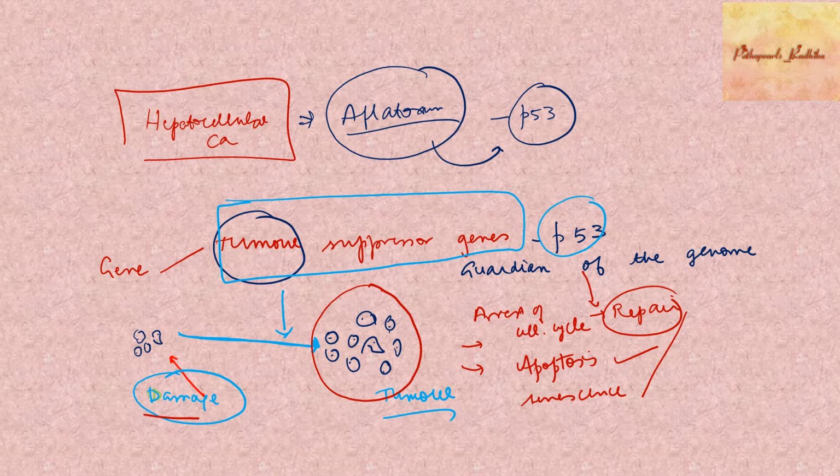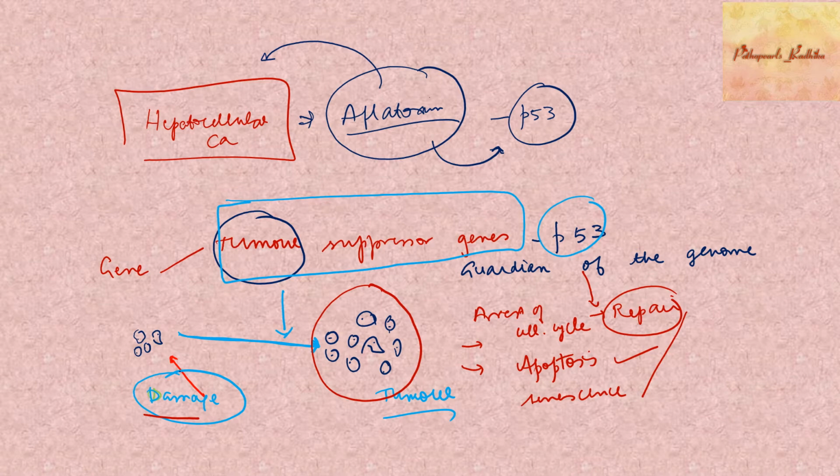Just for an example, to tell you how chemical damage to a cell can cause cancer and how p53 is going to be involved in that. In that case, this is going to alter your p53 and cause mutations, so that it cannot function properly, and it can lead to hepatocellular carcinoma.